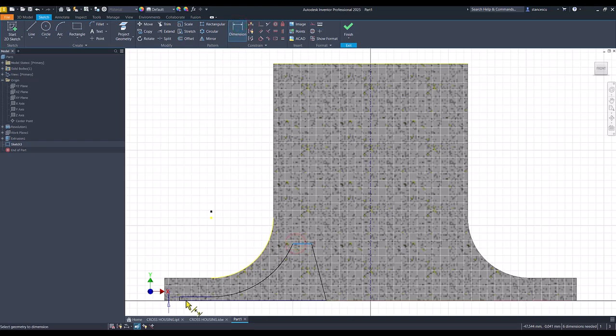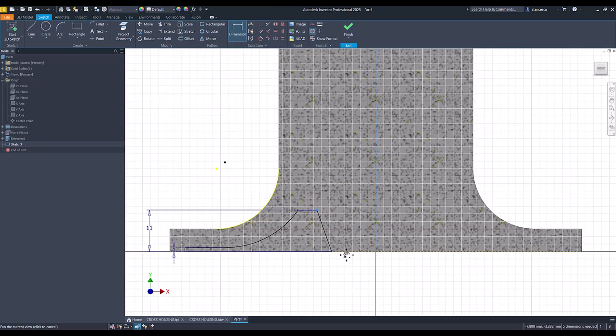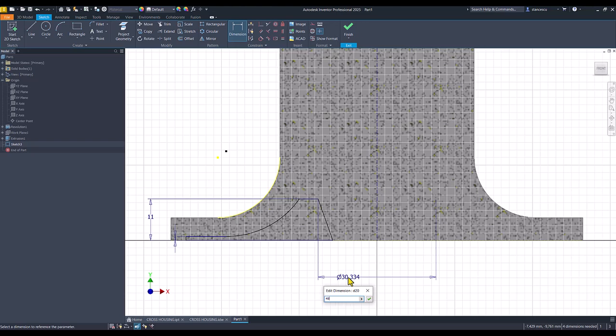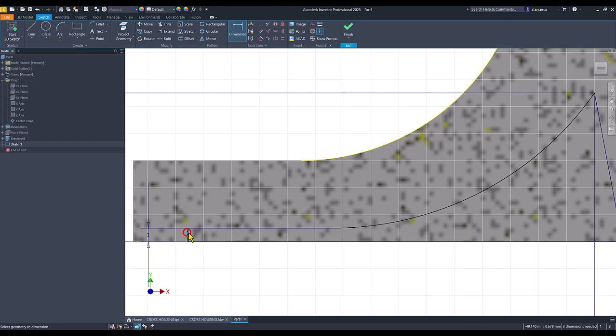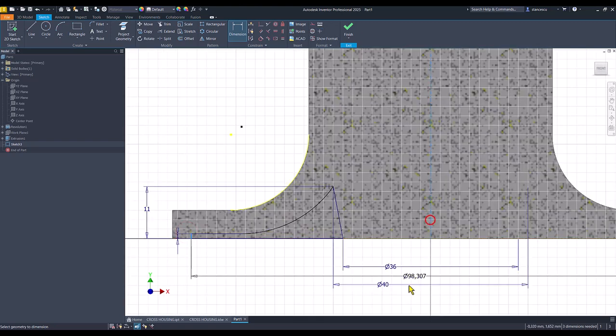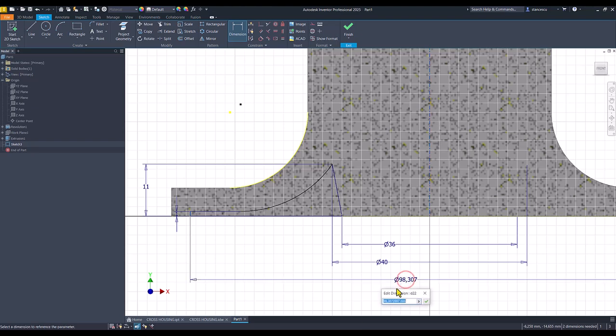This is 11. This is 40. 36. 86 is this small cylinder,